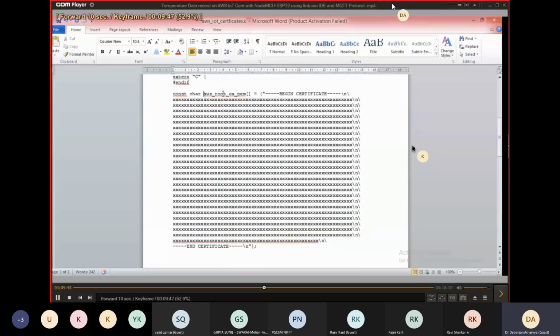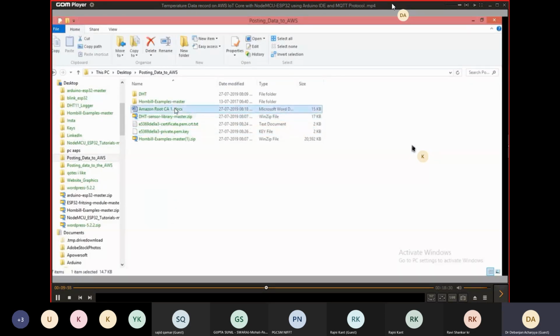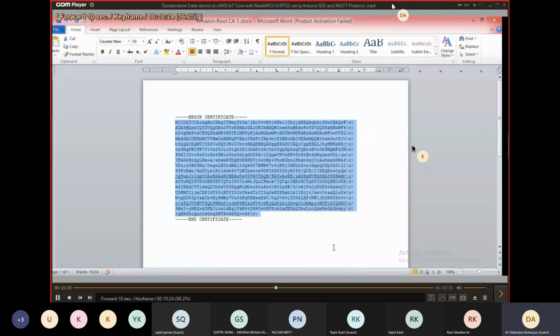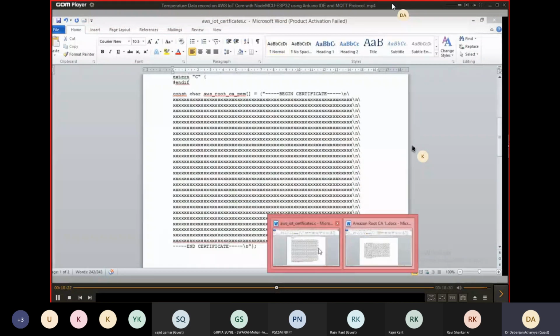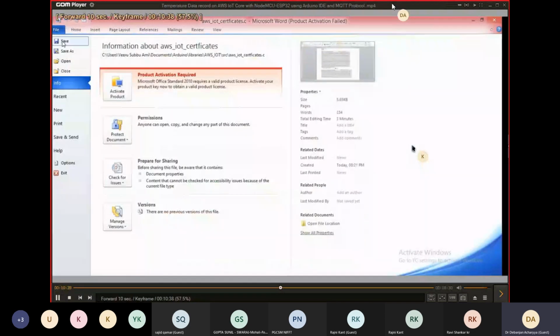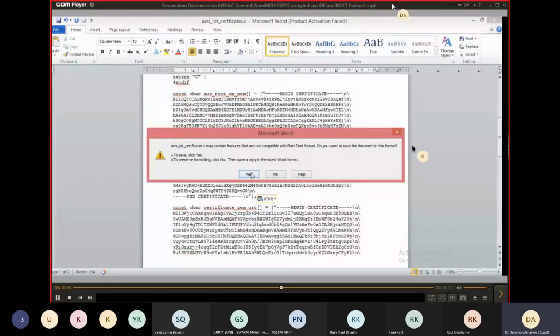That is the root CA certificate. And go to the same folder again and open this Amazon Root CA1 docx and perform the same thing. And save it.